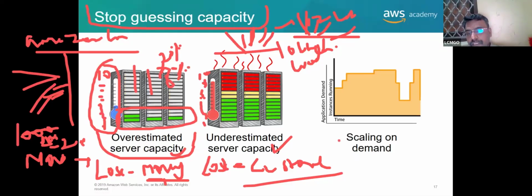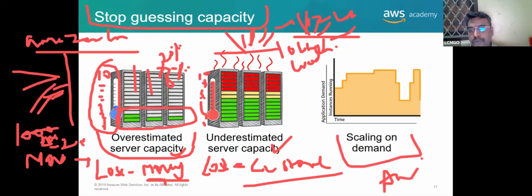Now coming to AWS, what are they doing here? If you see here, it is around 6. If it is 6 servers, it will keep one buffer, that is 7. Not more than that, not very high, not very low. When it is again 5, previously it was 7, it will reduce that and make it 6. When used is 5, it will keep 1 as buffer. Again if 10 is used, it will keep 11, 1 as buffer. Again 9, it will keep 10. That is, 1 is the buffer.